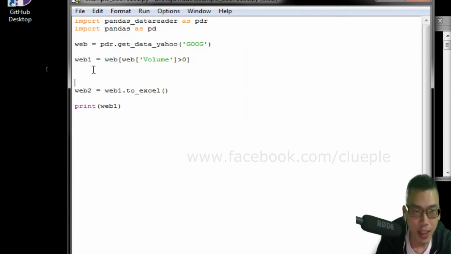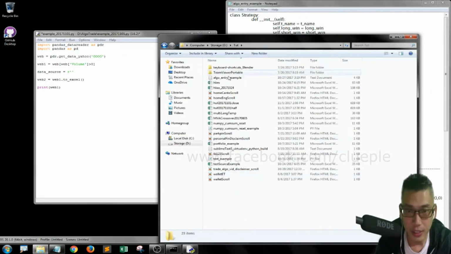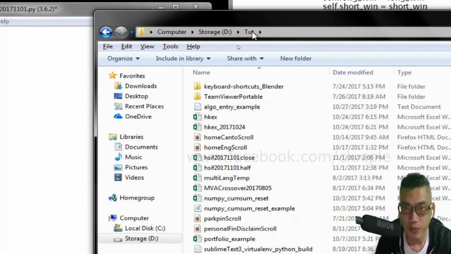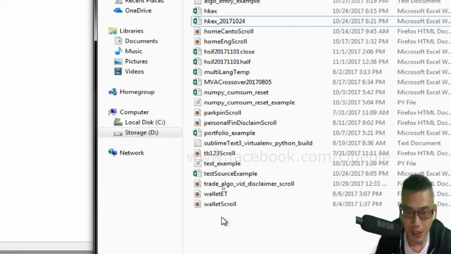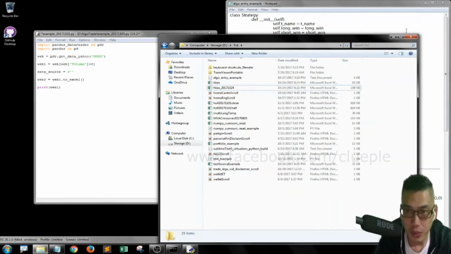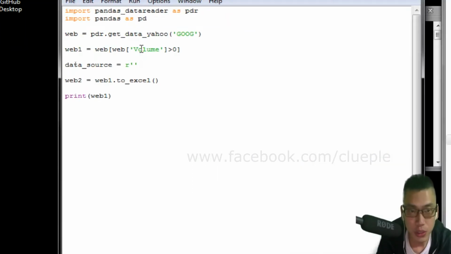Oh, okay. So before that, I just name a destination called data source, and the data source is r, then a single quote, and then I put in the path. The path is, let's say if I want to save it to D drive, to the tutorial folder. I'm going to save it to a new name called Go123, okay? So just put it here. Save it to D drive to folder. Just call it Google